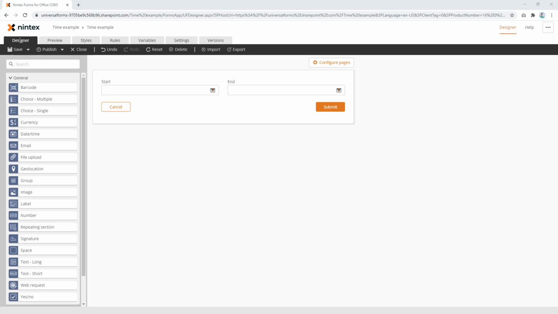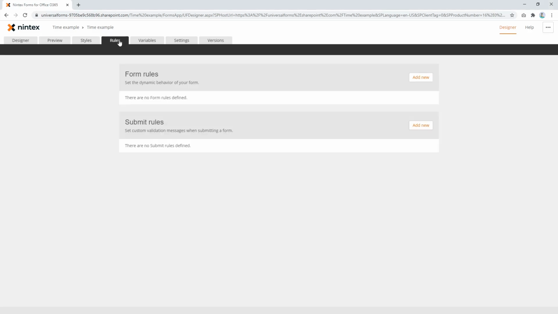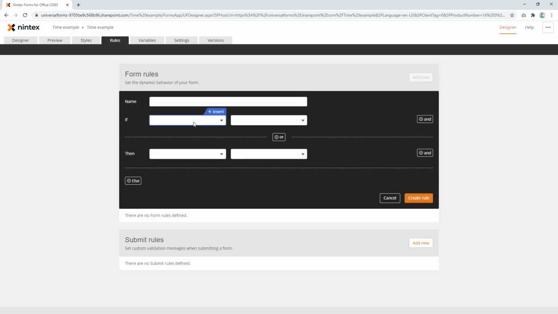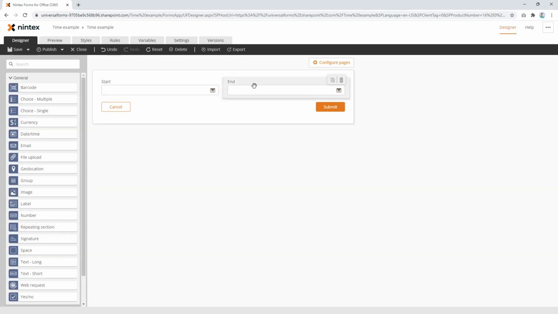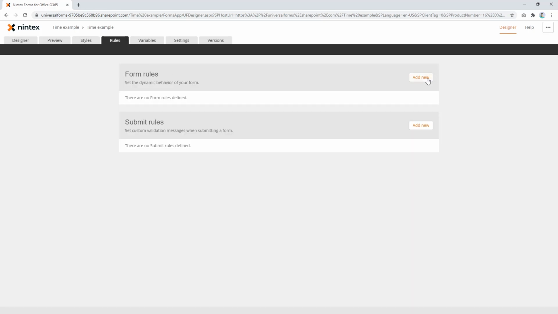Hi everyone. I recently had a question on how can a form validate whether two dates are within 5 minutes of each other. So let's have a look at the rules for a second. So if we go to the rules, and so we're on the form, we've got start and end in date time controls. So we come to rules, and if we were to say